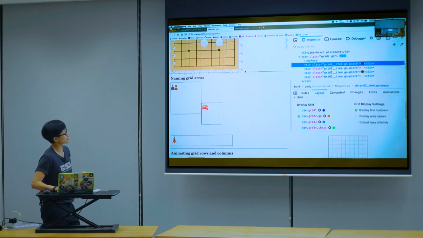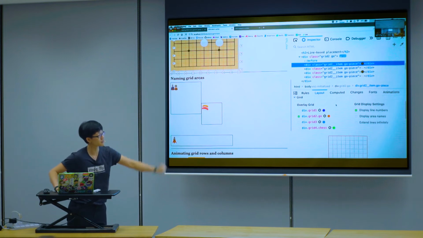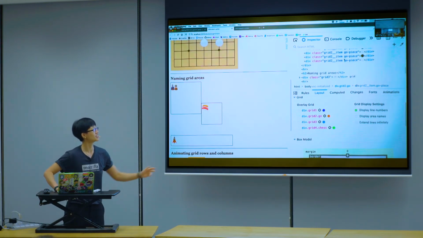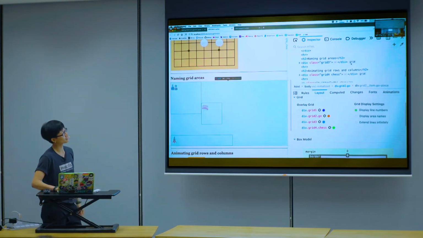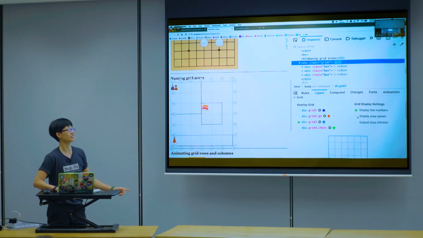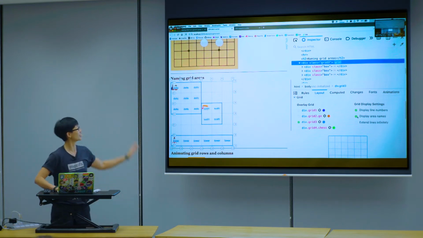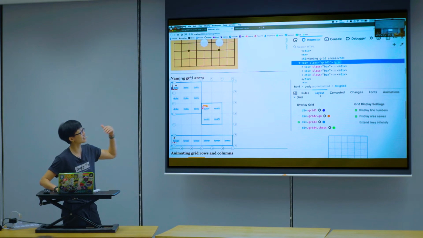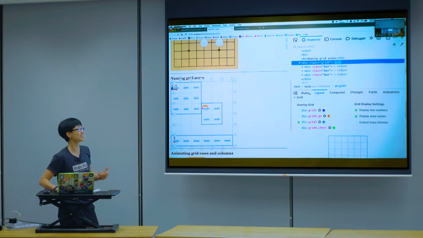So another good feature, if you can see here, is display area names. Then you might think, display area names, do what? Like now I explain to you, display area names, do what? So let's look at this third grid, highlight. At first, you're like, oh, okay. Like that. Nothing special, right? Wait, you turn it on. Oh, very special. Now you can see the areas have names, and hence the naming of grid areas. Why? English very straightforward, right?